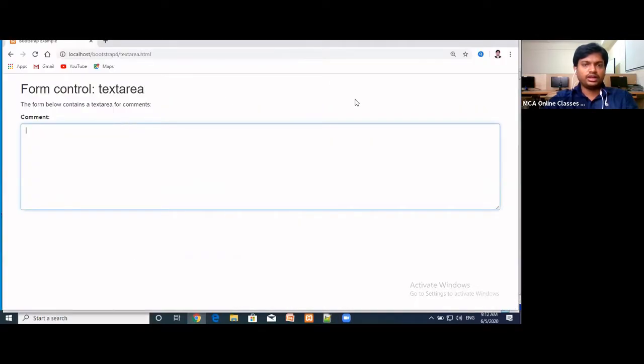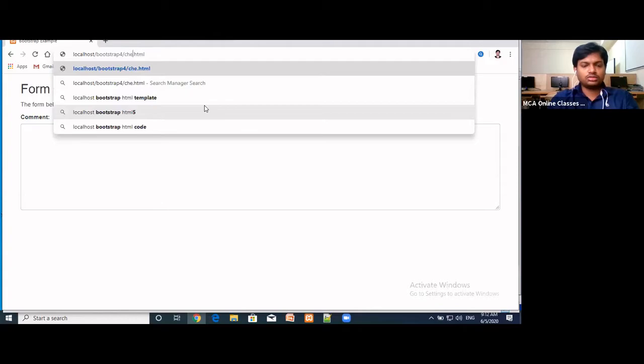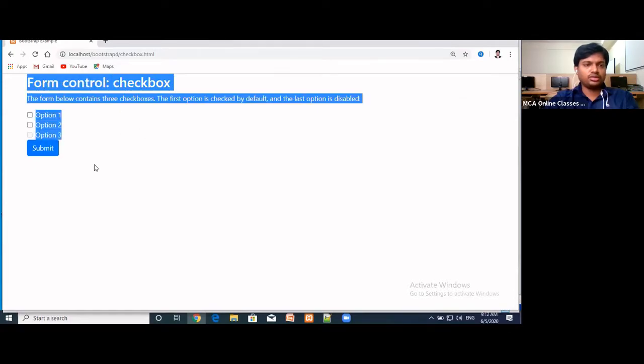When we run it on the web page, it appears like this checkbox. Here we can observe that we can select or unselect. So this is about the form control checkbox.